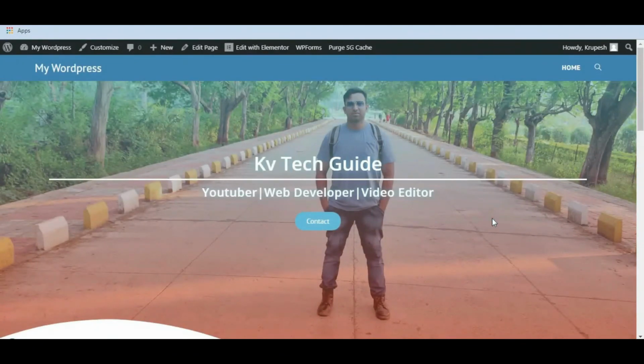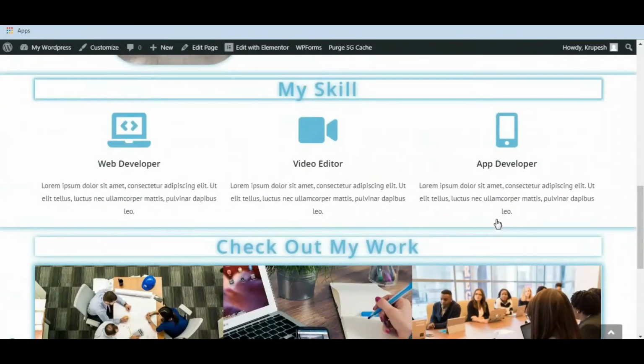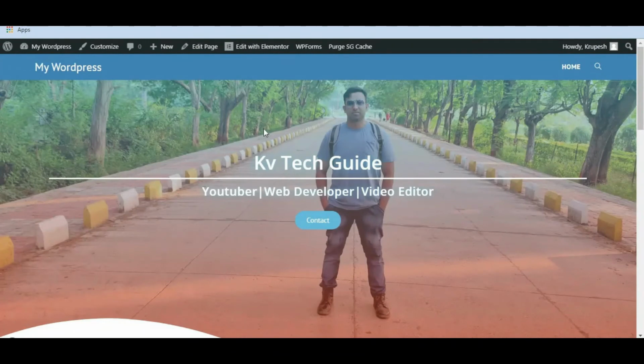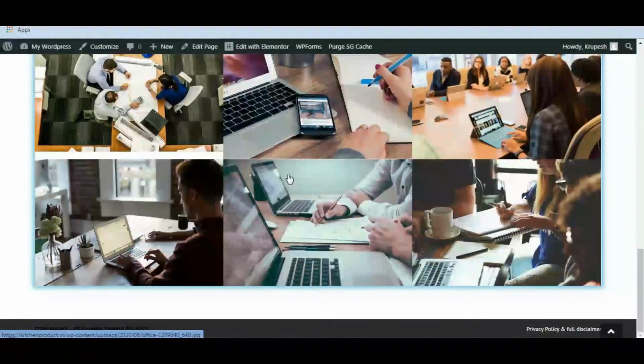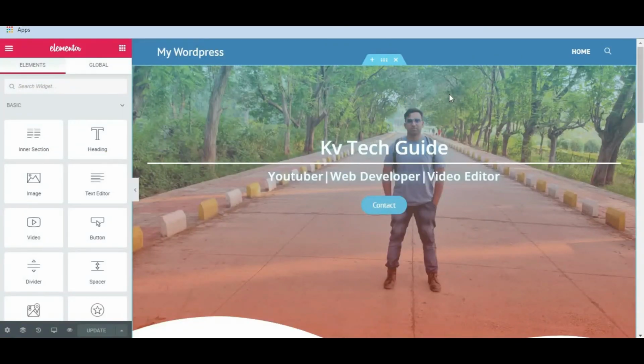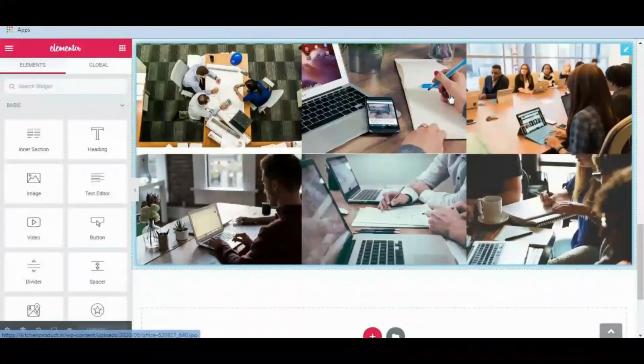Now let's move to the last section, that is the contact form. We are going to create the last section, the contact form section. For that we need to go back to Elementor Page Builder. Before creating this contact form section, I want to tell you that I have already created a detailed video about how to create a contact form in WordPress using Elementor. So go and watch that video. I have given the link in the description of this video. Now let's get back to the website.